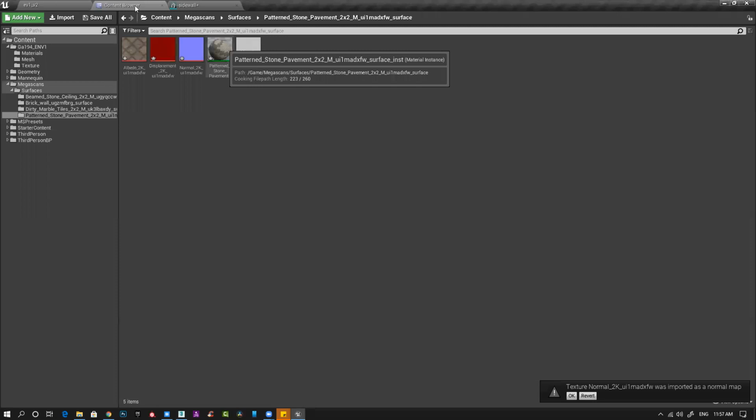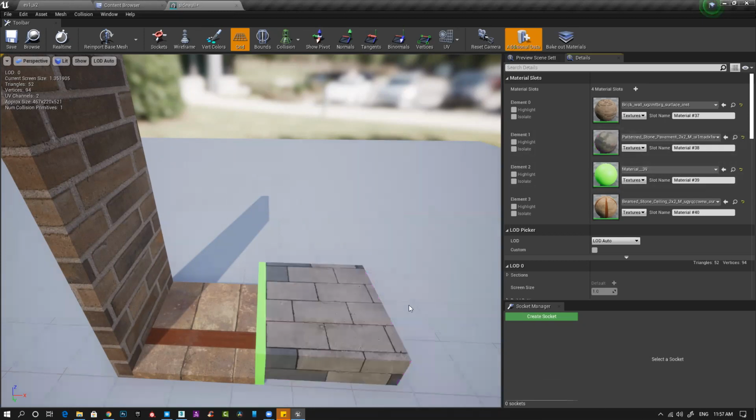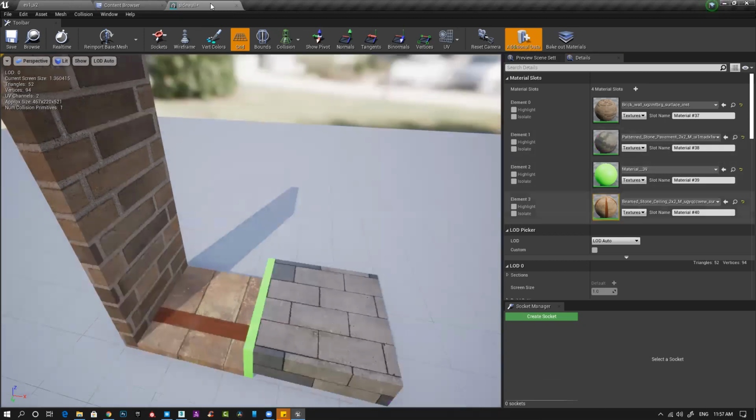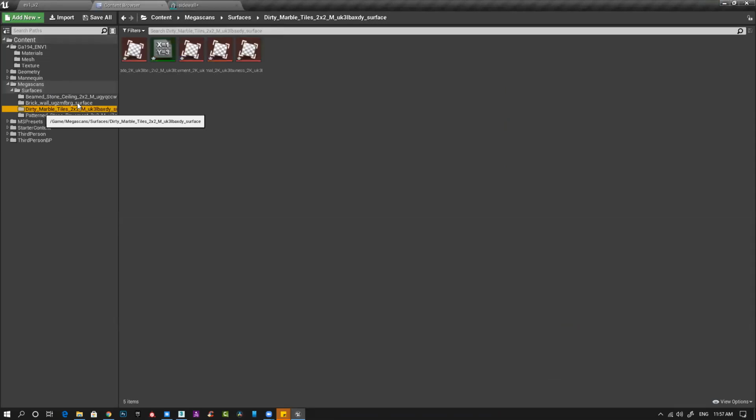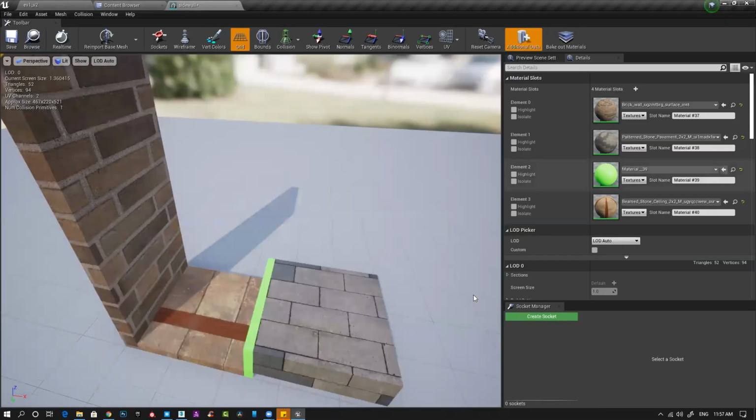Downloading. So in this, select this, go to your side wall, and for this I want this one, same color, this one, and this green. For this green, I want this dirty marble. Select this and apply this.